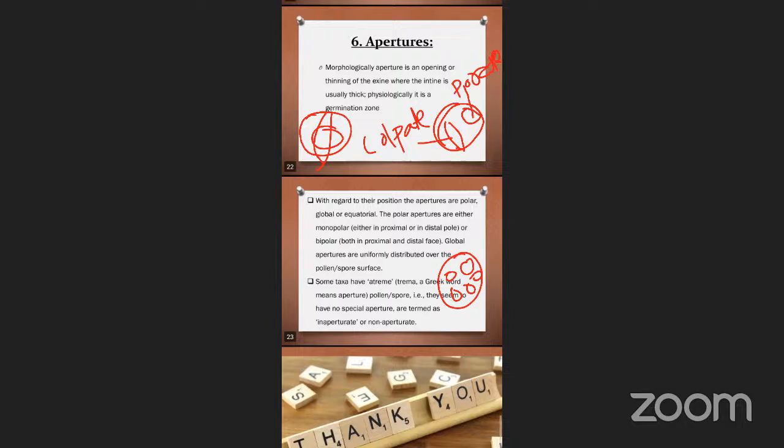Another aspect, the seventh one, exine ornamentation. If you take the exine ornamentation,